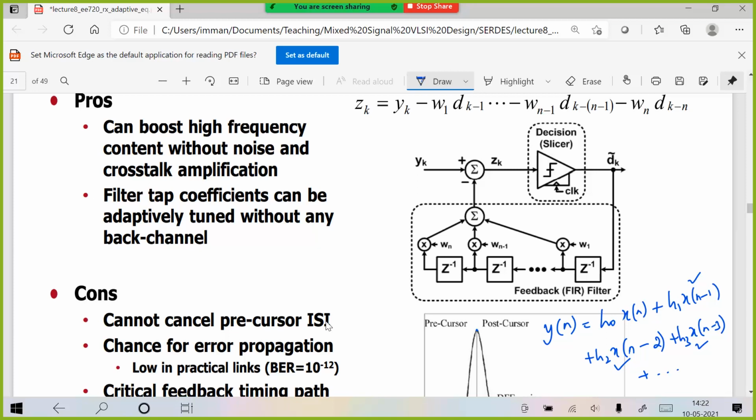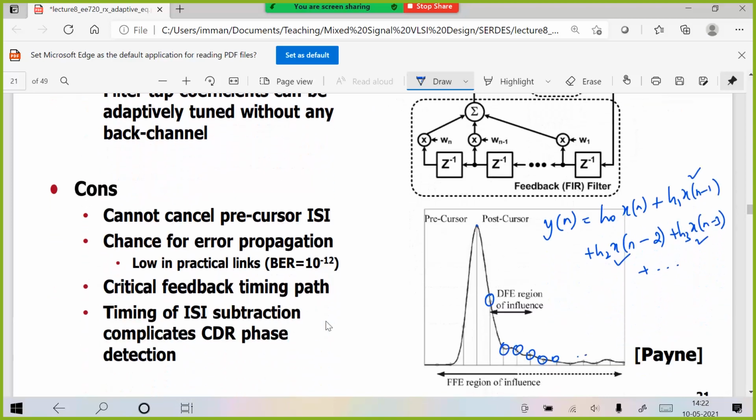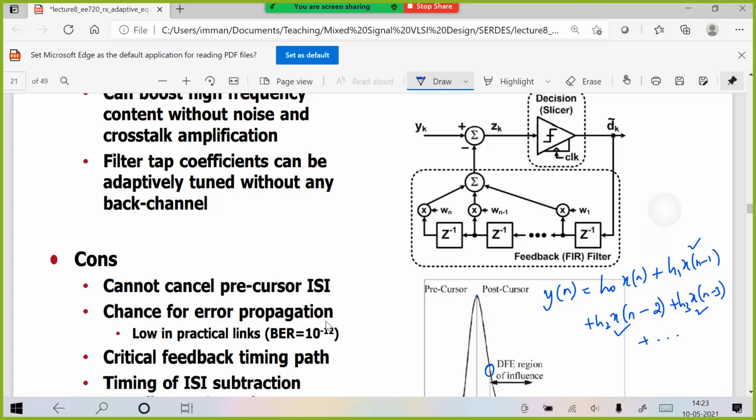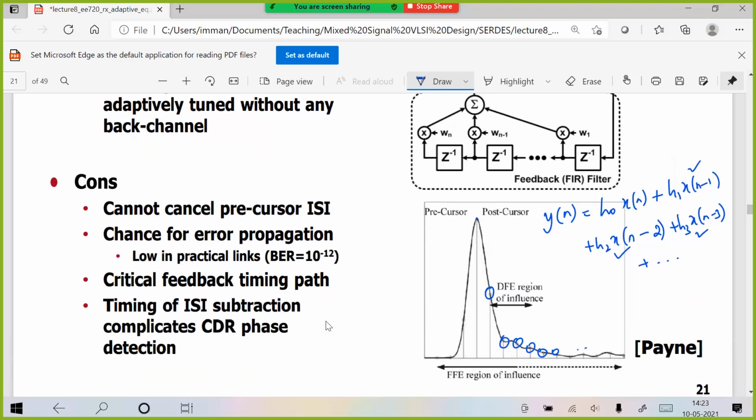You already know, and if you know these coefficients because you have already characterized your channel, all that remains to be done is this. I know x of n minus 1, x of n minus 2, x of n minus 3 and so on. I know h1, h2, h3 and so on. All I need to do is find that product and subtract it from what is coming in. If I do that, what am I going to take care of? I'm basically going to set my post cursor ISI to 0. Is it clear? That is exactly what is done.